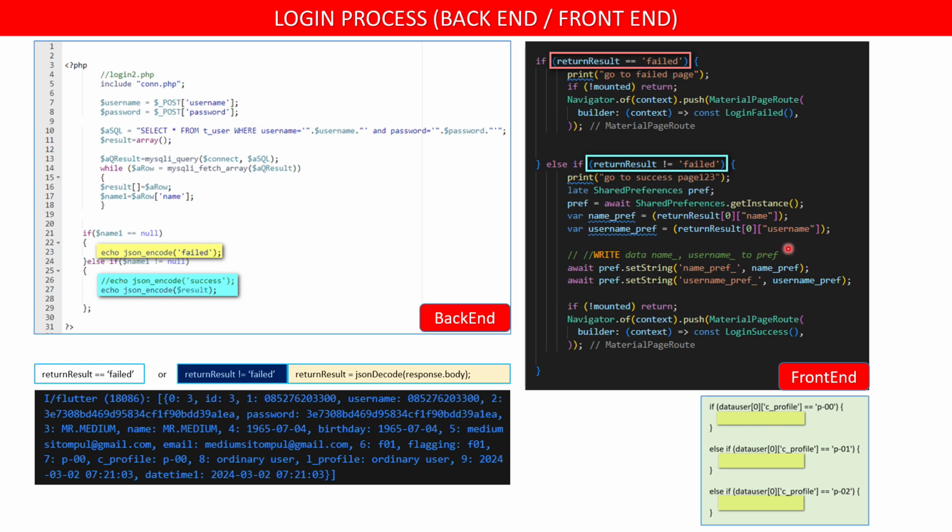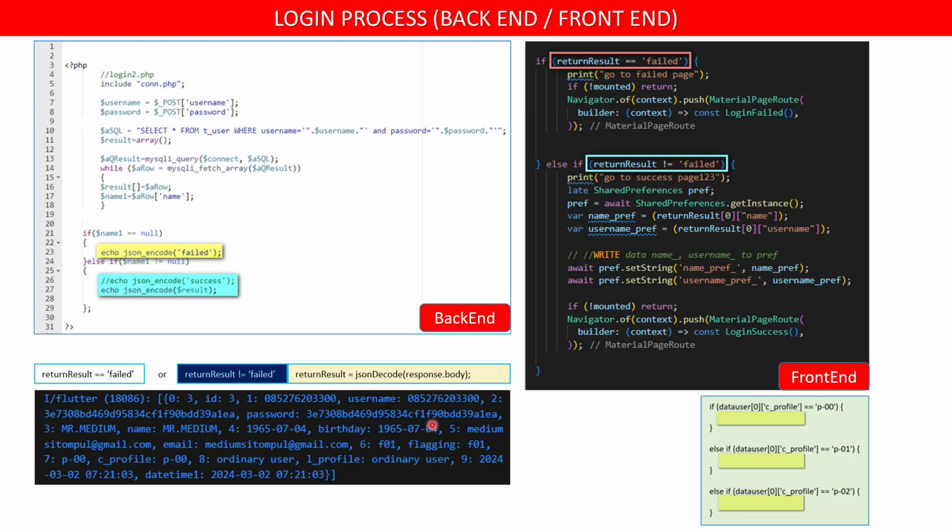So on the front end, we analyze this result. If we run this backend, then we analyze this one.